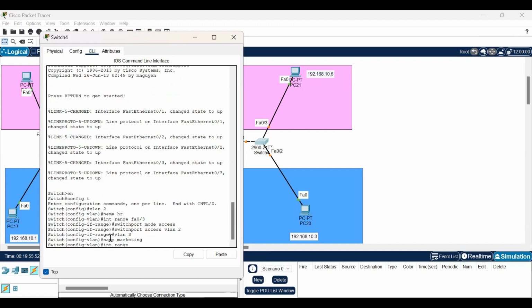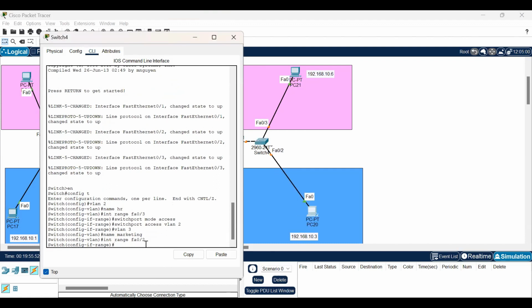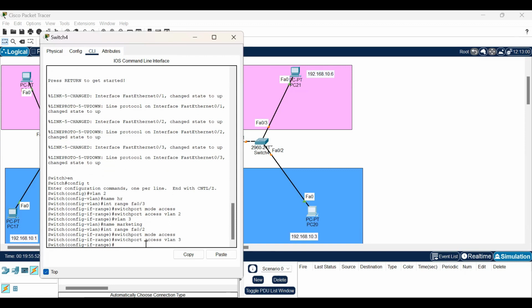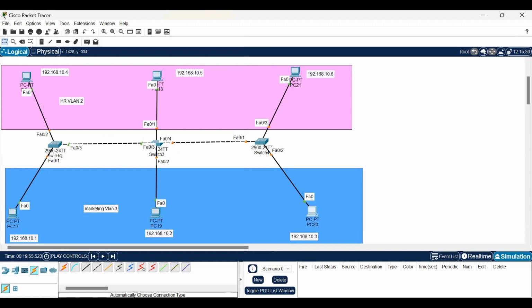Interface range FA0/3. It is connected to FA0/2, sorry. Right? Switchport mode access, switchport access VLAN 3, done. Done. So